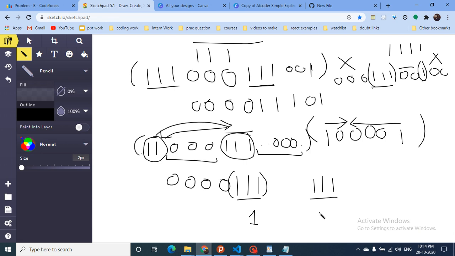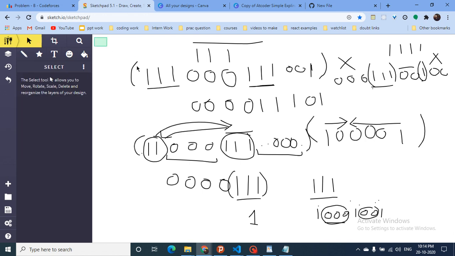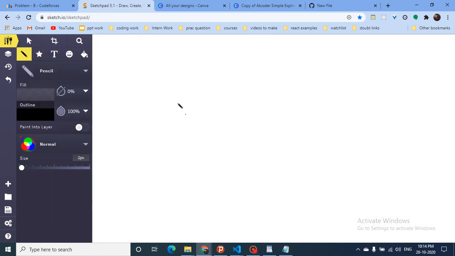So the main question now is: I have some books, then some zeros, then some books, then some zeros, then some books. I have to find the number of zeros between any two consecutive books. How many zeros are there? And that's the whole question. Now you can implement this in a lot of ways, but I solved it using stacks. So I'll tell you how I solved it using stacks.